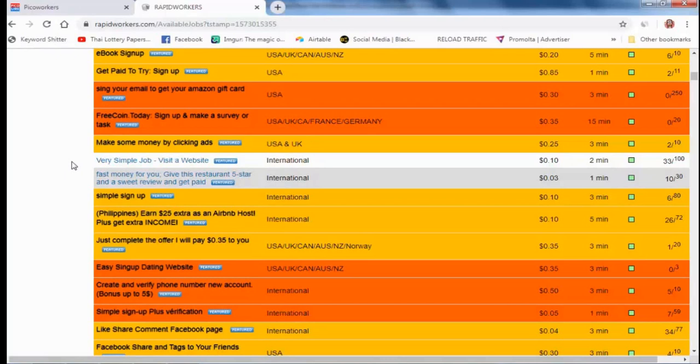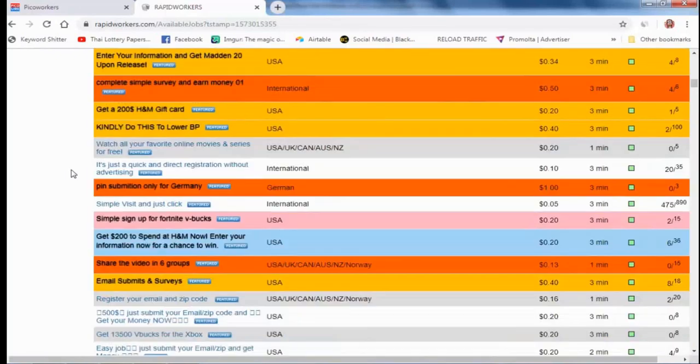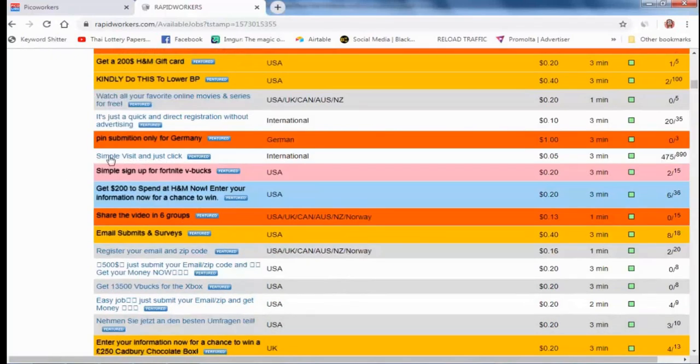So you need to send traffic from search engines. Once any keyword of your website ranks on the Google first page, you can start a campaign like this. Simple visit and just click.